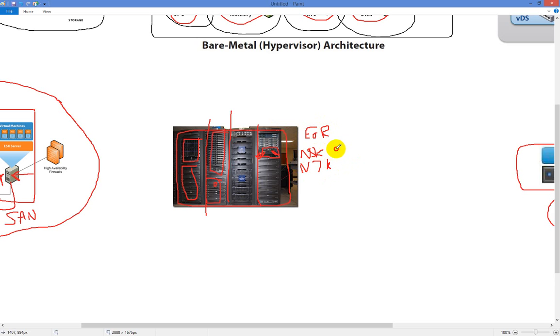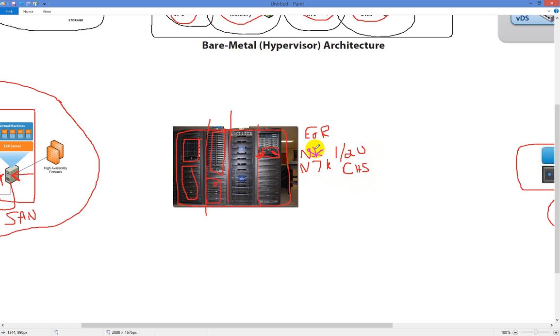This guy right here is a 1 or 2U rack mount. Technically they're both rack mount servers or rack mount switches, but this one is simply a single or double U, and this guy right here would be a chassis. Okay, there's a chassis switch.